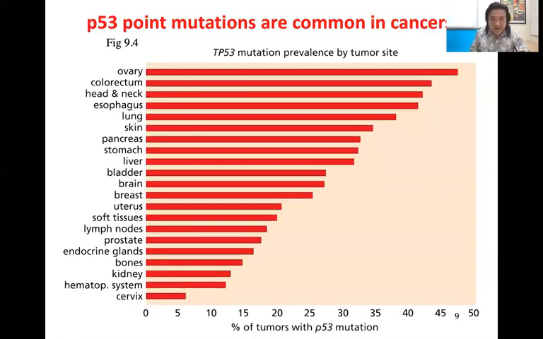So early evidence definitely suggested that this p53 protein is very important and relevant to discussions of cancer. Here you see p53 point mutations are very common across a whole spectrum of different cancer types, right? Everywhere from being present in only 5 to 6% of cervical cancers up to nearly 50% of ovarian cancer cells from ovarian tumors showing evidence of p53 gene mutations. So no doubt about it, the early researchers said, hey, we've got to figure out what this p53 is.